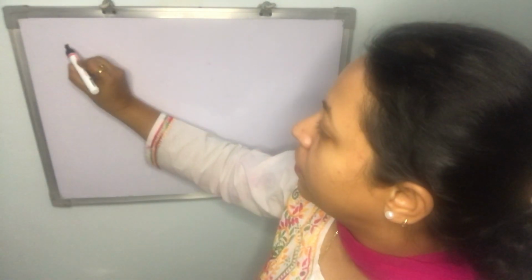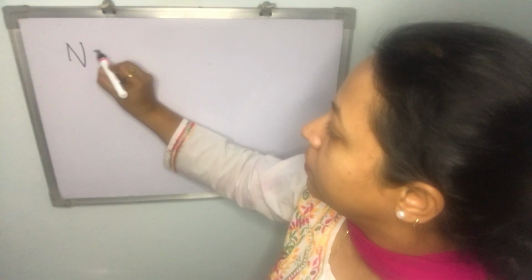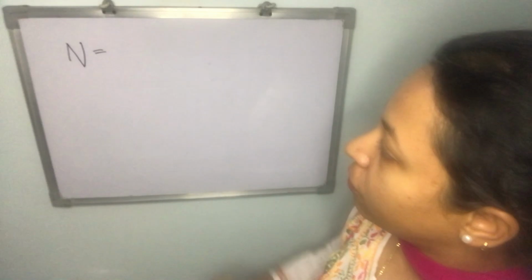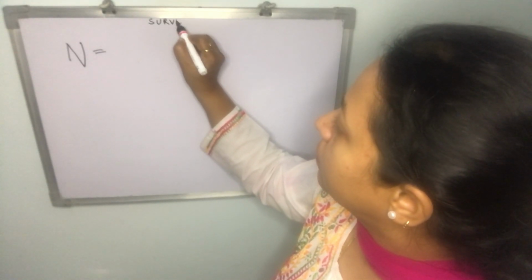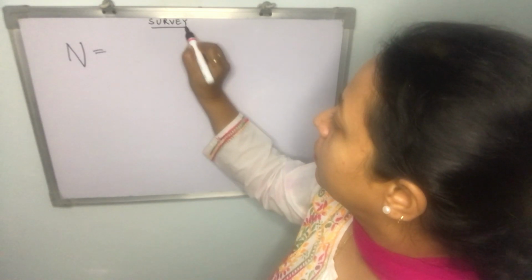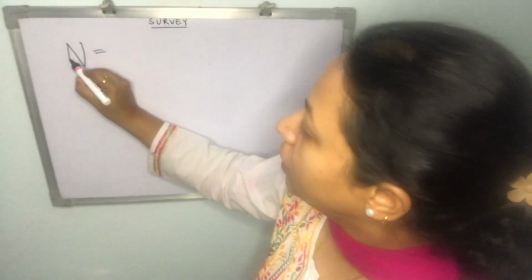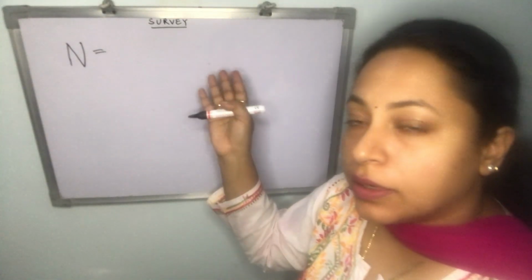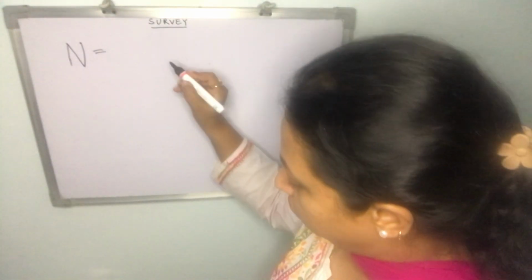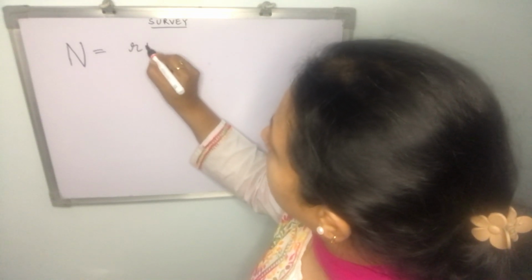It's a very, very simple formula to be used. So n is the number of our sample size that we are looking for, and this is for the survey. Okay, so for the survey method, n is what we are interested in, how many people we should be targeting in the survey. So the formula is r plus 1